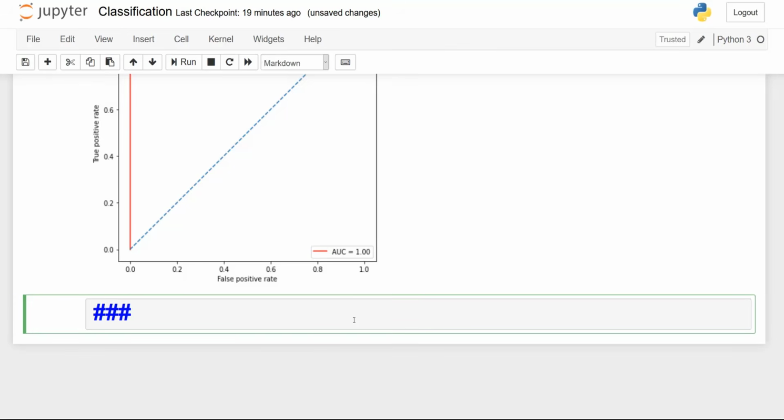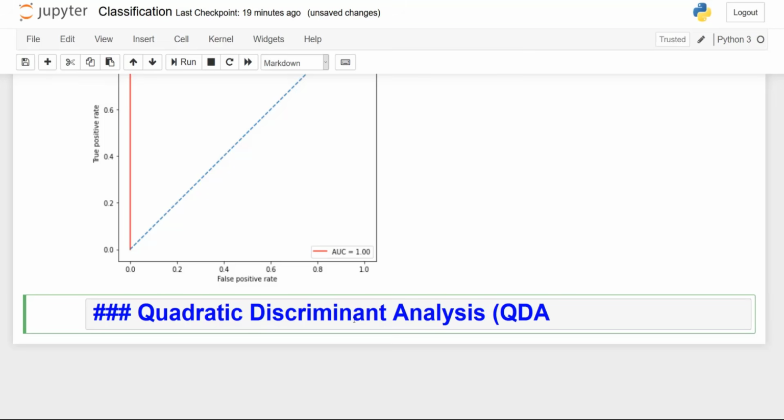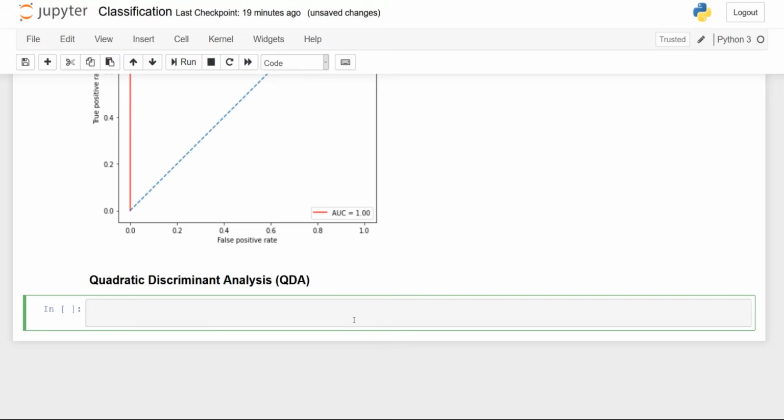And finally, we are going to implement quadratic discriminant analysis. Again, I strongly suggest that you pause the video at this point and really try to repeat the steps that we have done before using QDA. So as always, we're going to import the model from sklearn.